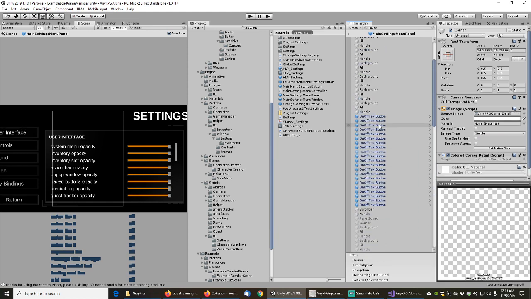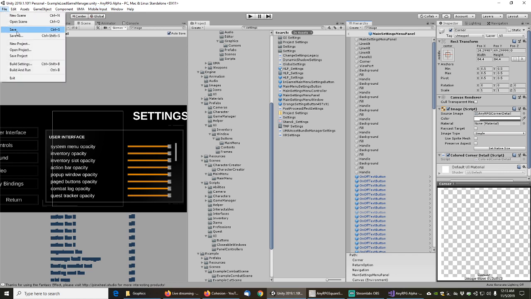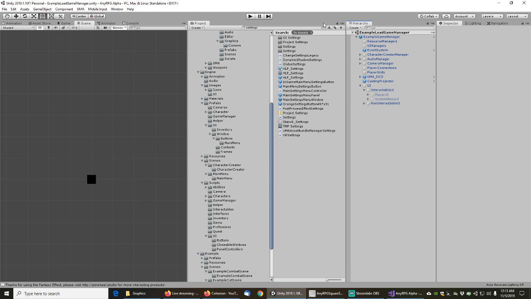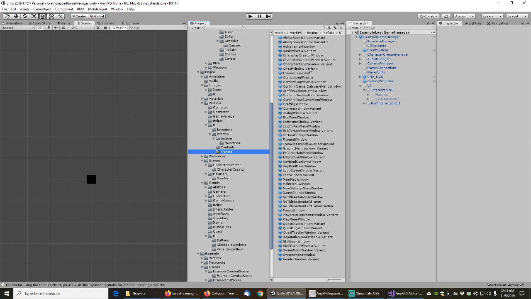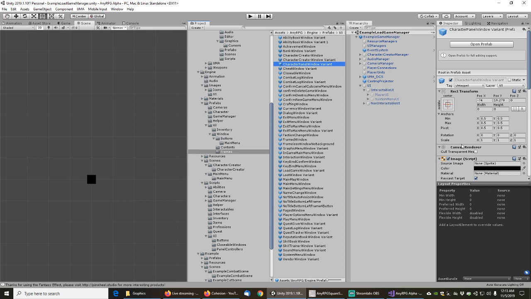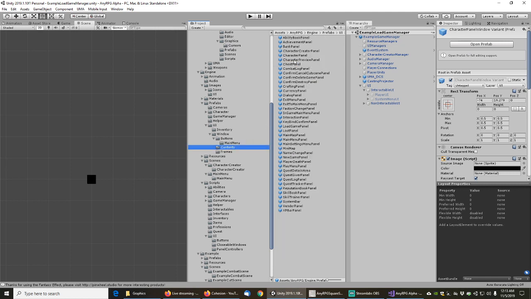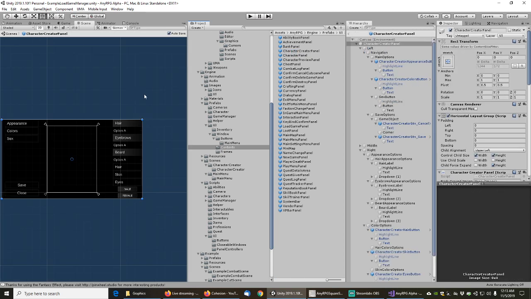Okay, wow, cool. I think we got everything there. So let's save. And what's another really easy target here? The other major panel was the character creator window, the character creator panel. Right, and that's in the contents. So character creator panel here,